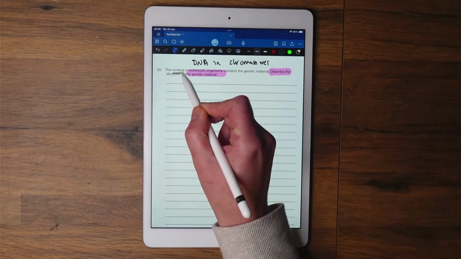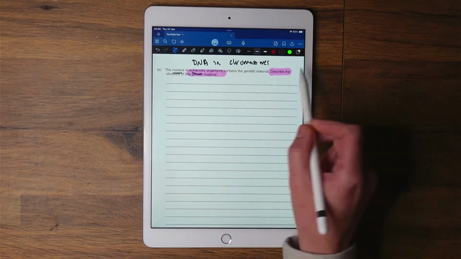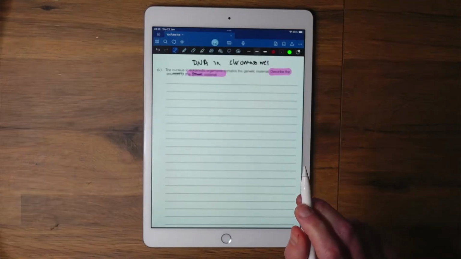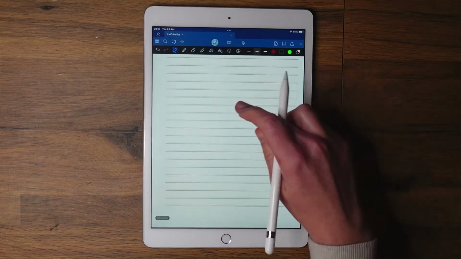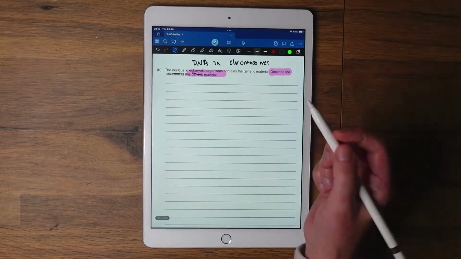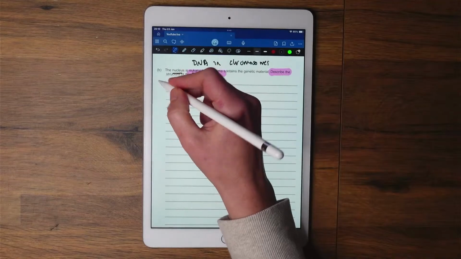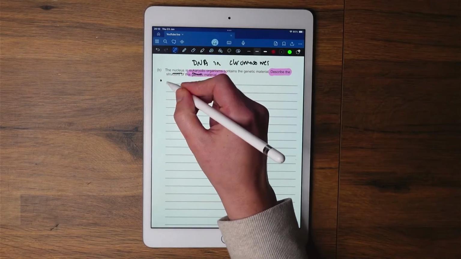Because it said the nucleus and eukaryotes, so we're describing the DNA and the chromosomes basically. So that's what we'd need to do. So I'm going to start then. It was 6 marks, so we do need quite a few points. So I'm going to start by describing DNA. So I'm going to say